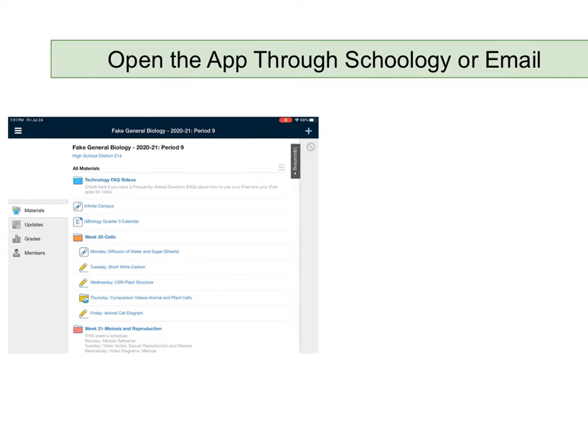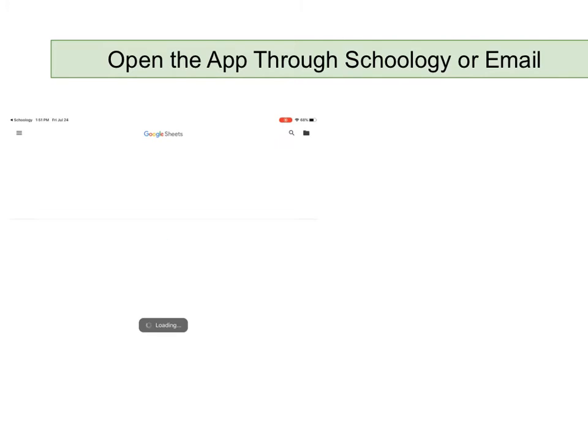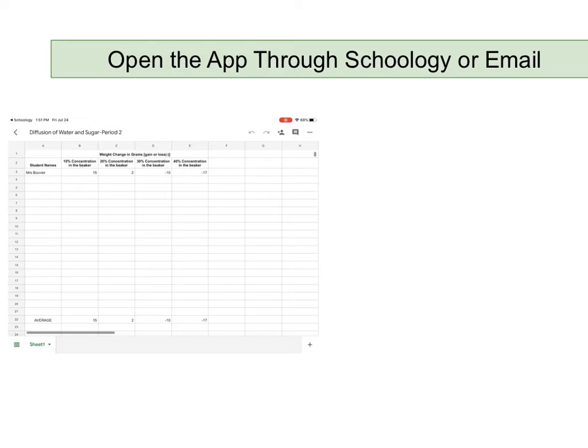Over here on our week 20 cells, you can see that Monday's assignment is the diffusion of water and sugar, and in parentheses it says Sheets. So in order to get to that, all I need to do is to touch that label. So I'm going to do that now. And it's going to actually open the Sheets app for me and bring me directly into the document that I